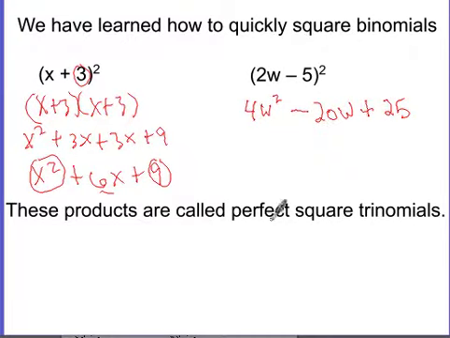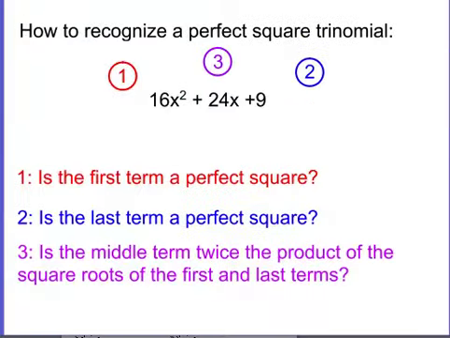So these products are called perfect square trinomials. Yesterday we had differences of squares where we only had 2 terms. Now we have perfect square trinomials because they've got 3 terms, first of all. But notice that the first term is a perfect square. The c term, the last term, is a perfect square. And the middle term is 2 times the product of the binomial terms. So we're going to use that information to turn that around and factor